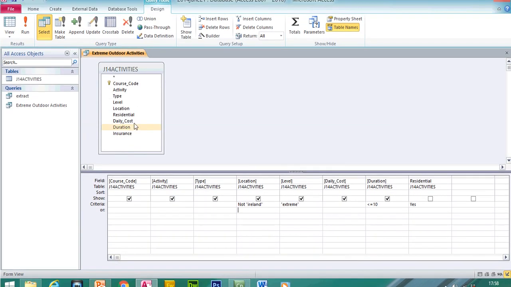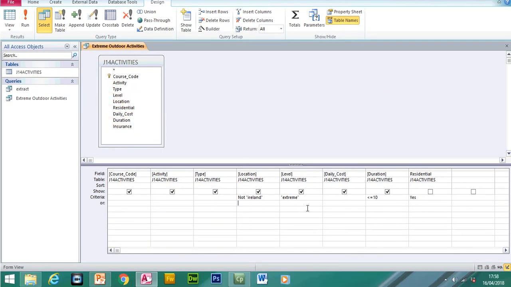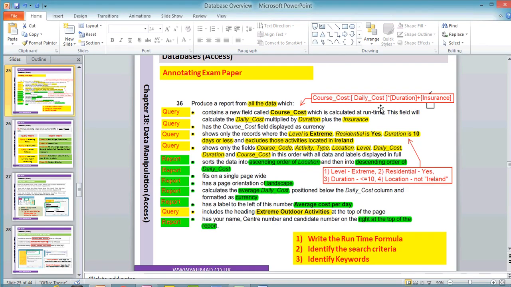Duration and insurance, all pay here, so they're all fields. So to create a calculator field, you can come to the end. It's best to write it down on a piece of paper first or on the exam paper, then you can enter it in. So the first thing we need to enter is the title of the new field, so course